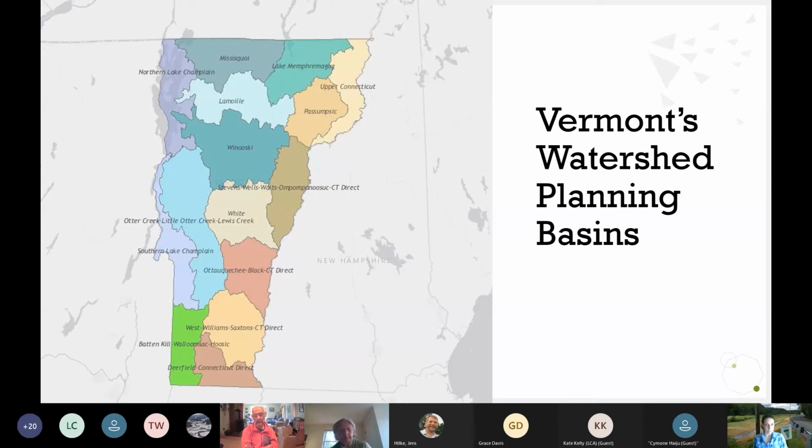Basin planning is watershed focused, and there are 15 major watersheds in Vermont, including the Passumpsic River Basin, the Otter Creek River Basin, the Winooski River Basin, the basins I cover, the Lamoille Basin, the White River Basin, and then the brown one, the Stevens, Wells, Waits, Ompompanoosuc, and Connecticut direct tributary that's on the eastern side, centrally in the state, that flows into the Connecticut River. There are 5 watershed planners. The watershed planners collaborate with myriad partners and stakeholders to develop a tactical basin plan for each basin every 5 years. And right now we're working on developing the Lamoille plan and the Winooski plan.